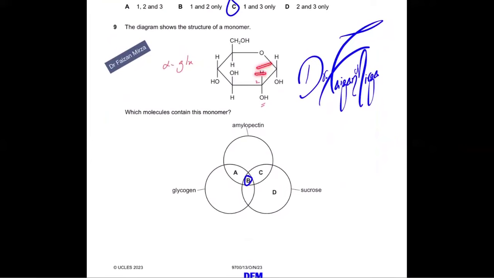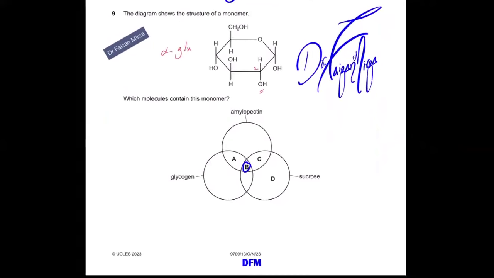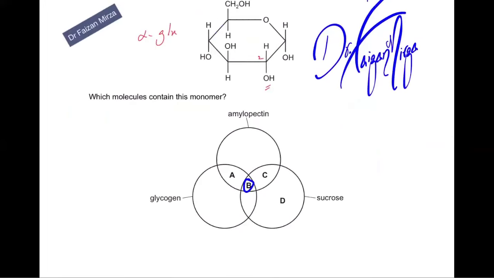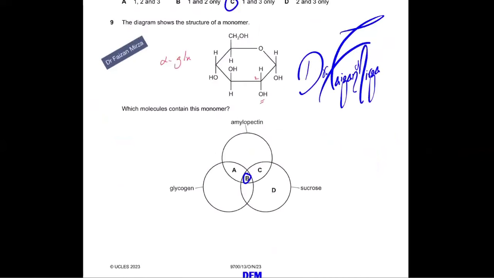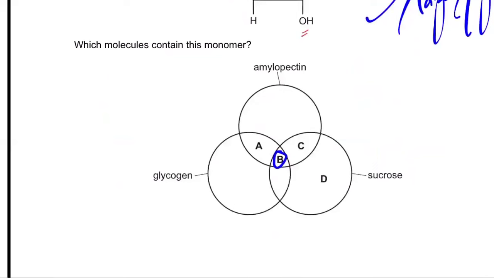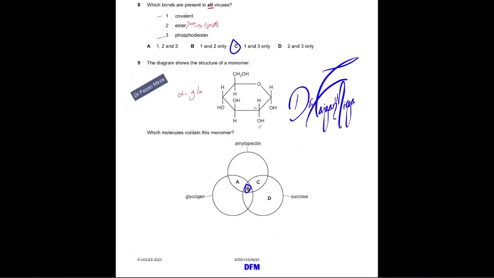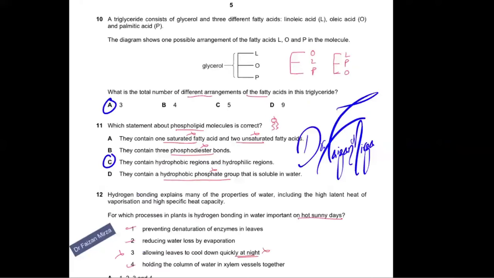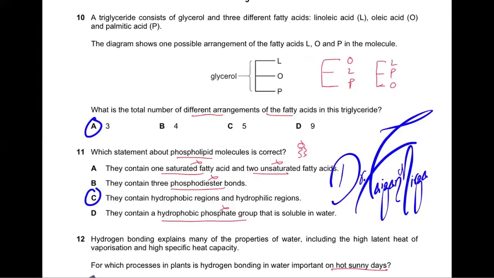The diagram shows the structure of a monomer. If you just go through this structure, where is it present? If you look at which monomer it is, it is present in amylopectin, sucrose, and glycogen. Yes, it's present in all three. It's simply a glucose molecule, alpha glucose. So